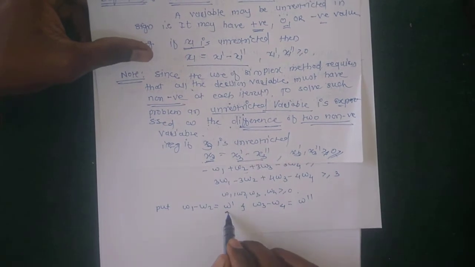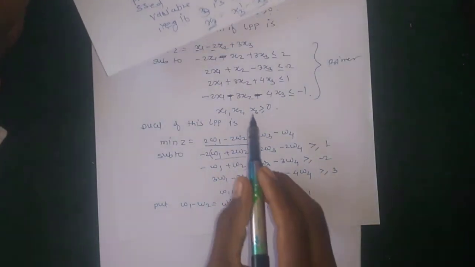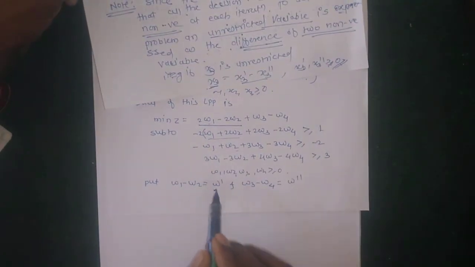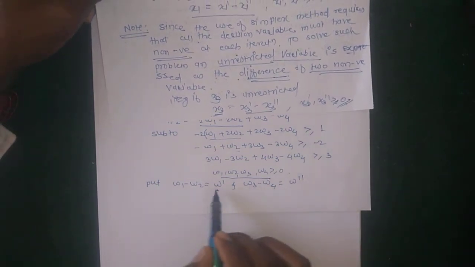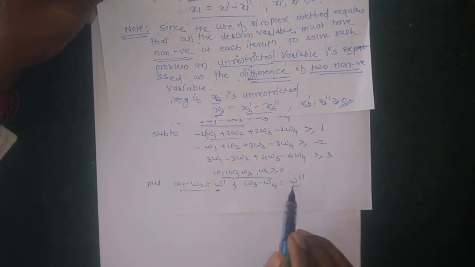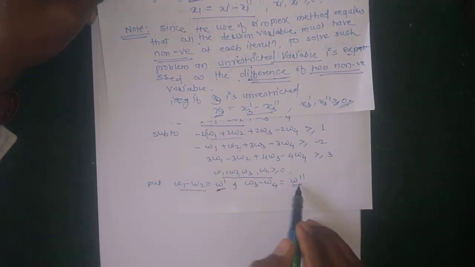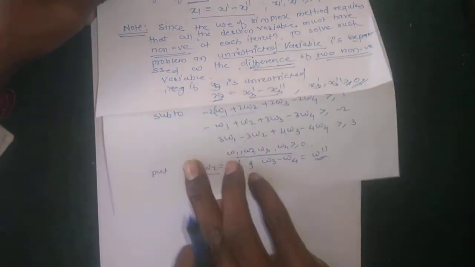So here w dash is a difference of two non-negative variables, because w1, w2, w3, w4 are all non-negative. So w dash is a difference of two non-negative variables, and w double dash is also a difference of two non-negative variables. Therefore w dash and w double dash are unrestricted variables. Okay, so